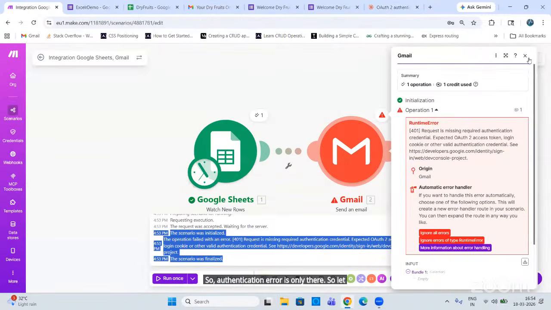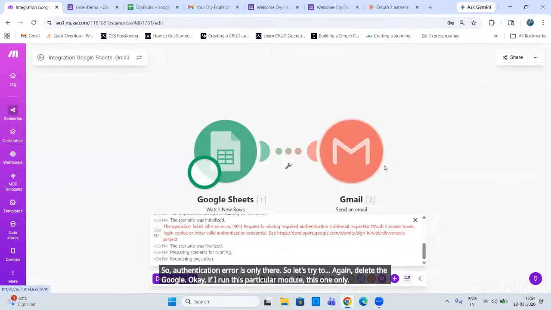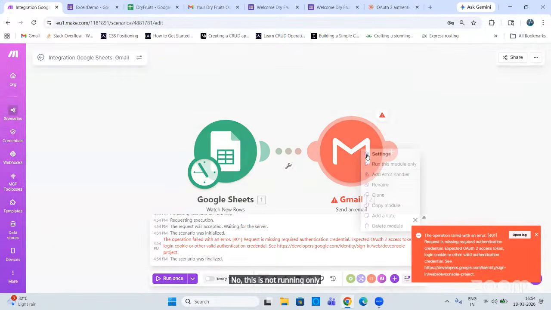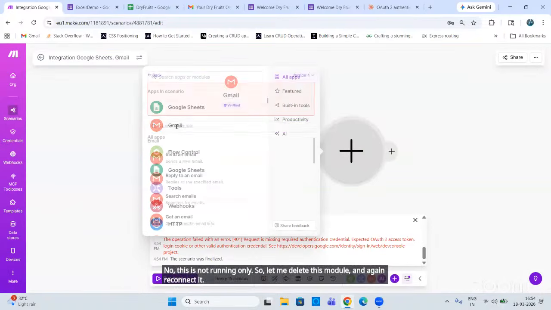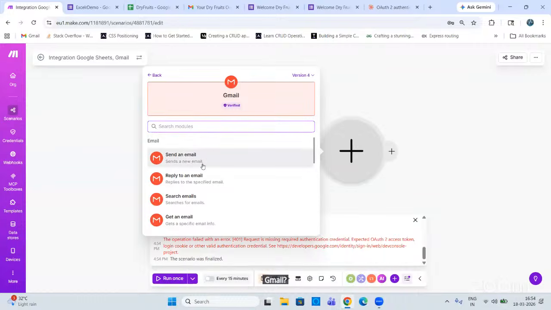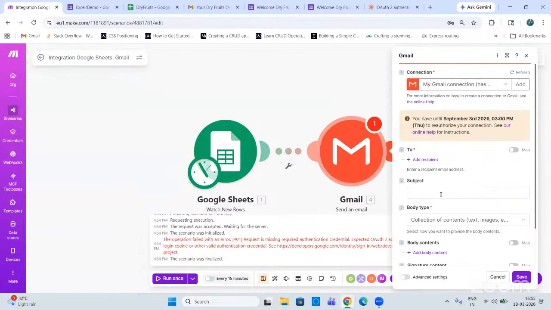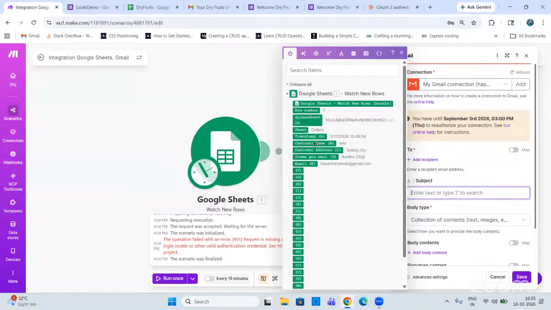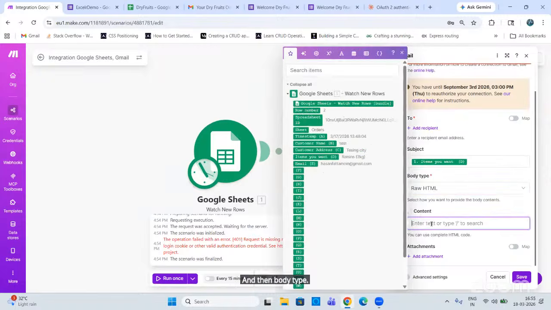So let's try to again delete the Google. Okay, if I run this particular module, this one only. No, this is not running. So let me delete this module and again reconnect it. Gmail sends a new email. Subject. And then body type, raw HTML, and then hi,